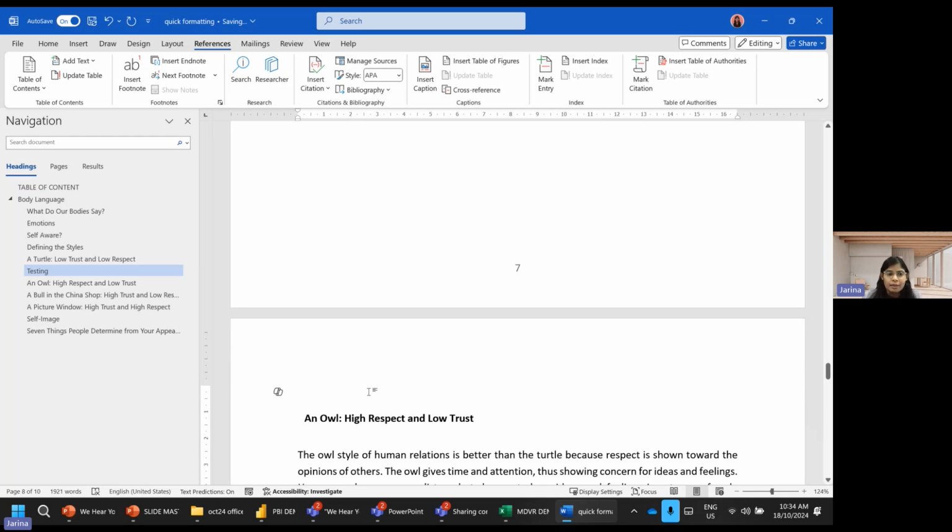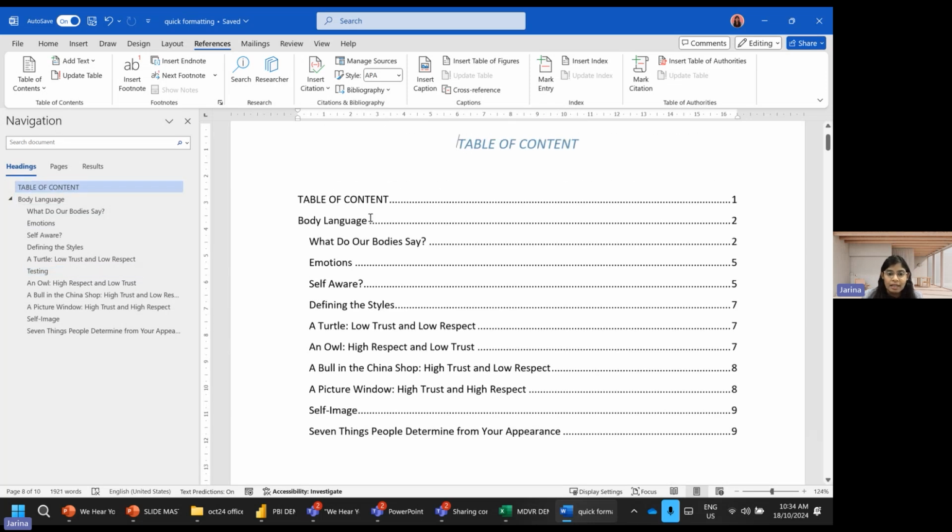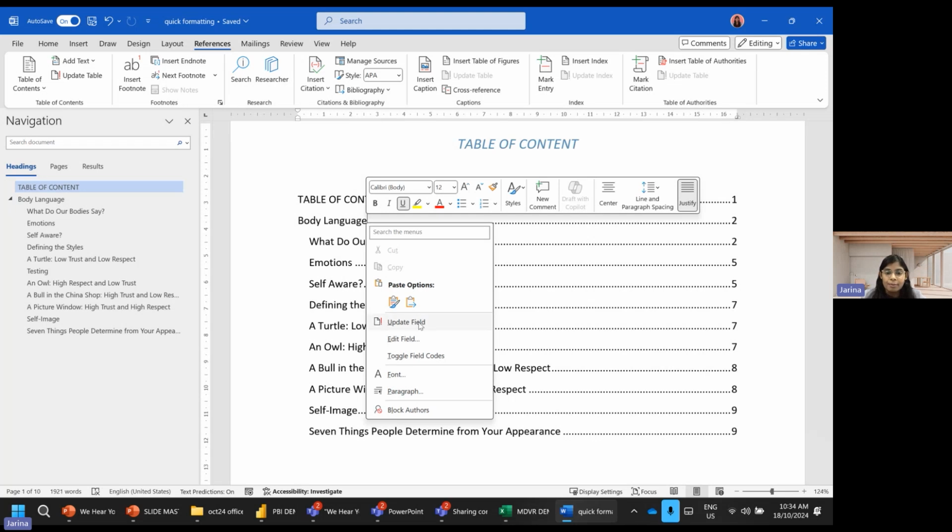Once I do that, I need to make sure my table of contents is updated. So I quickly come back to the table of contents. Also, when I'm editing a document with too many pages, I use the navigation pane, table of contents. Then when I come to here, just refresh the table of contents. To refresh, we can right click and update field,